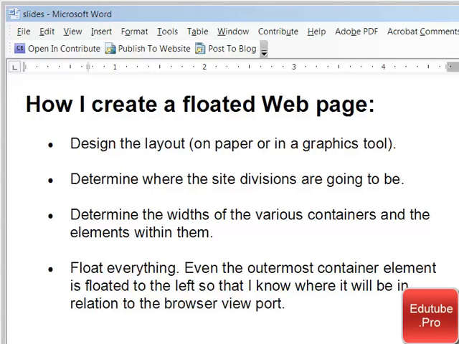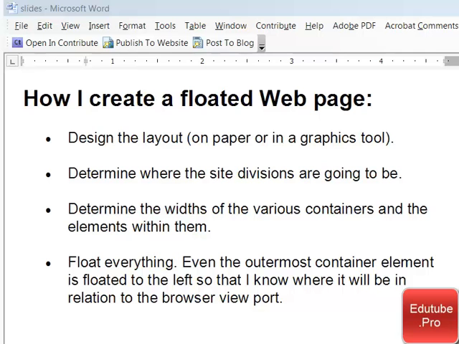Then I float everything. Even the outermost container element is floated to the left so that I know where it will be in relation to the browser. And then an additional step here would probably be tweaking and modifying the code after looking at the results in a variety of browsers. Using the various CSS rules and position properties and position schemes that I've covered so far,